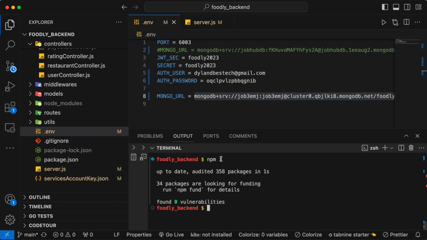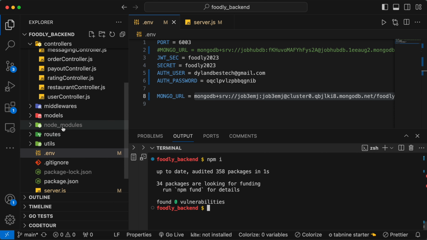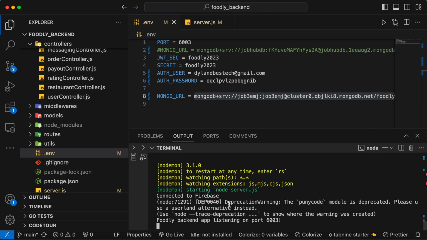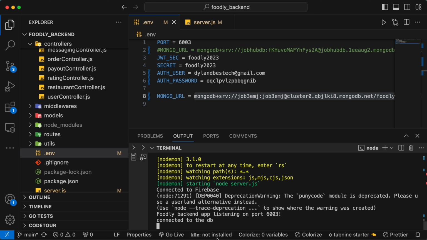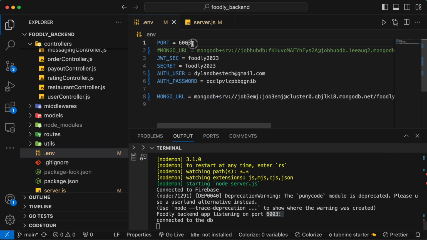Now I have already done it. With this you'll get the packages ready, and after that all you need to do is npm start. So it'll run the server, and it's listening at port 603. If you ever want to change the port, you can also change it here. All right,